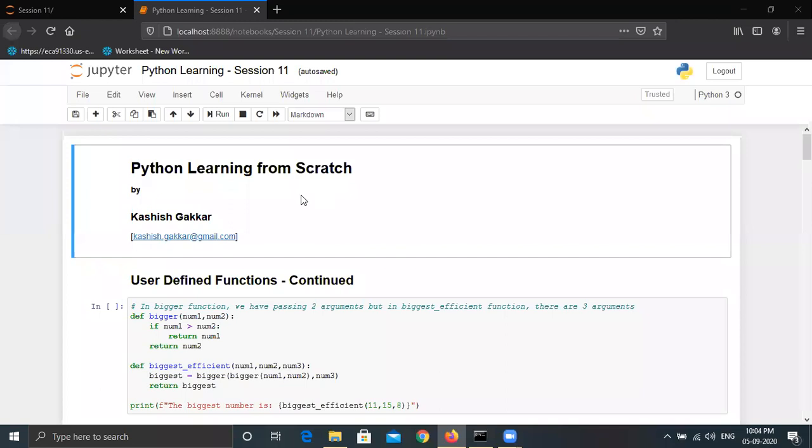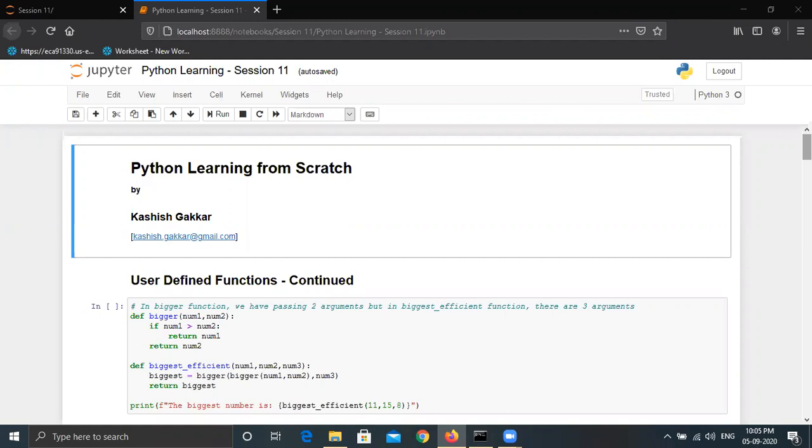All right. So in the previous session, we discussed user-defined functions, and today we will continue our discussion on the same topic. As of now, we know what a positional argument is, what a keyword argument is, what the default arguments are, and we also learned how we can do modular programming in Python. We created another Python script with around 3 to 4 functions, and then loaded it in the main script so that we can invoke those functions from some other script.